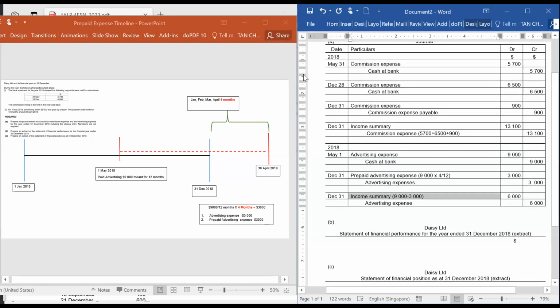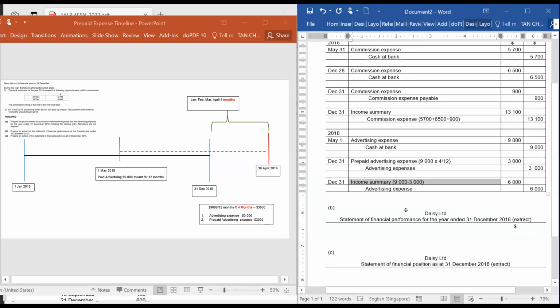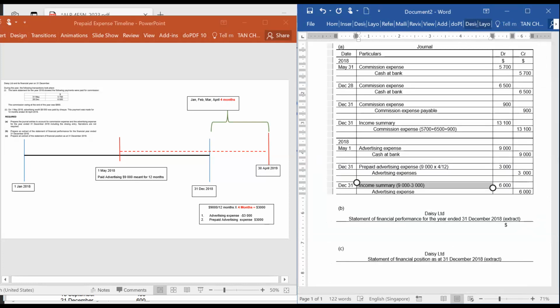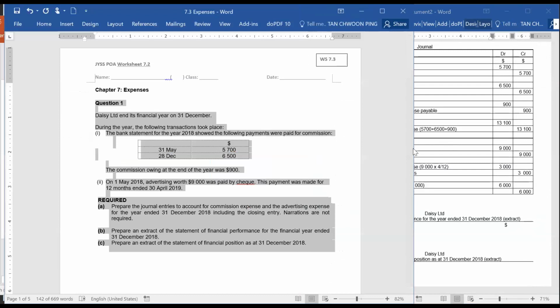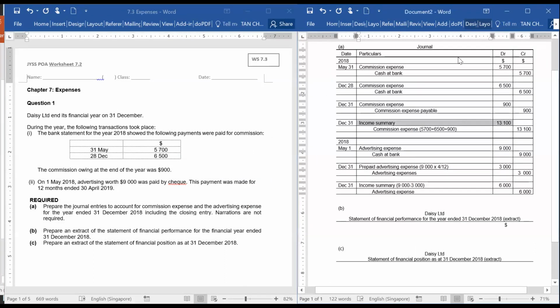Okay, if you watched a previous video, we have been doing closing entries. So all income summary will eventually be transferred to your statement of financial performance. So once you are done with the journal, we are now ready to move on to do your part B, which is to prepare the statement of financial performance. So which of this information will appear in my financial performance? We always go back to your closing entry,